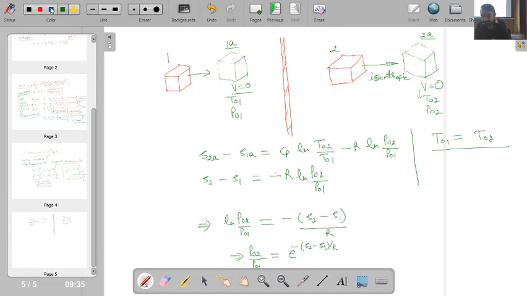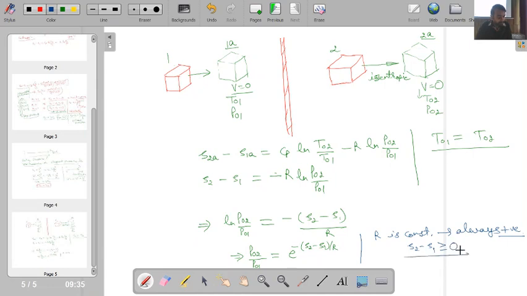Now if we see this particular equation here, R is constant and it is always positive. Fine. And just now I have explained previously that S2 minus S1 also always has to be greater than or equal to 0. Okay. So S2 minus S1 over here is always greater than or equal to 0. So from this situation I will get that,